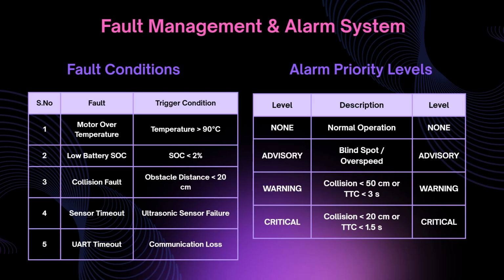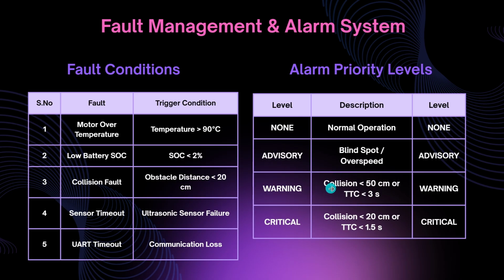Once the fault is detected, the system assigns the appropriate alarm priority. So none indicates normal operation where no abnormal condition exists. Next is advisory. Advisory is used when low priority events like blind spot detection or overspeed conditions occur. Next, we have warning, which indicates potential hazard such as obstacle within the warning range or time to collision below